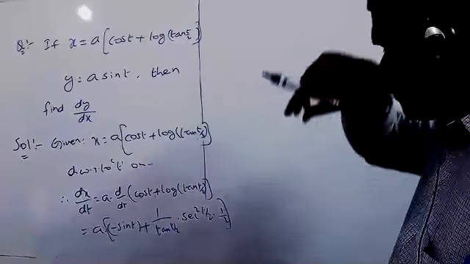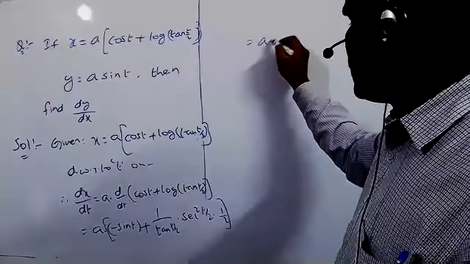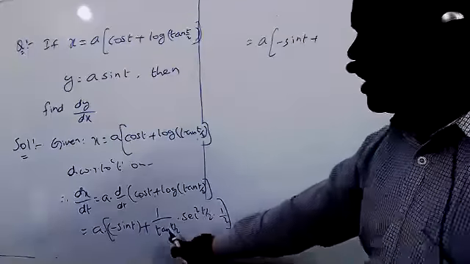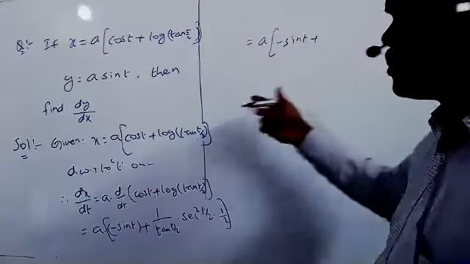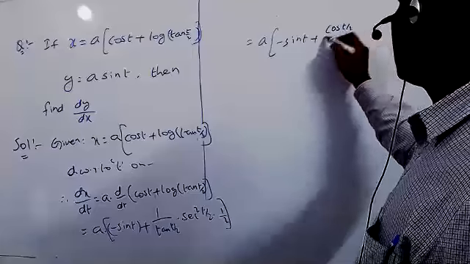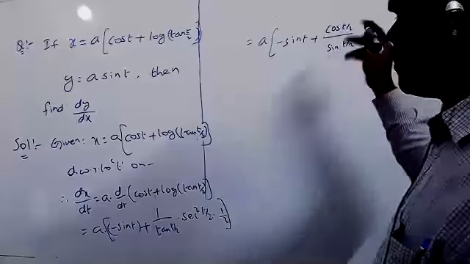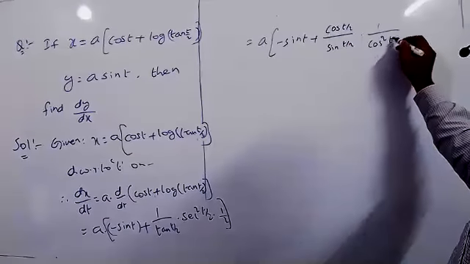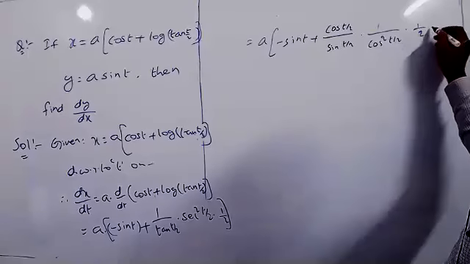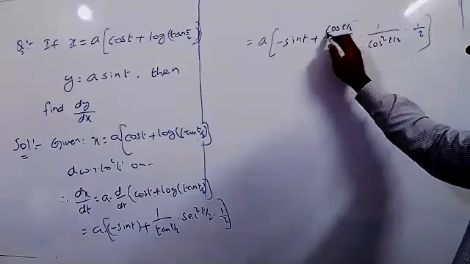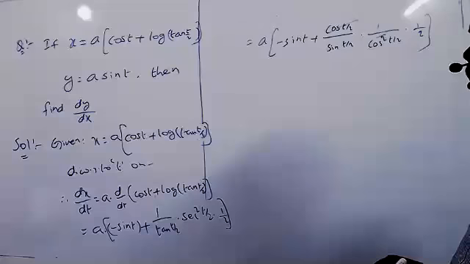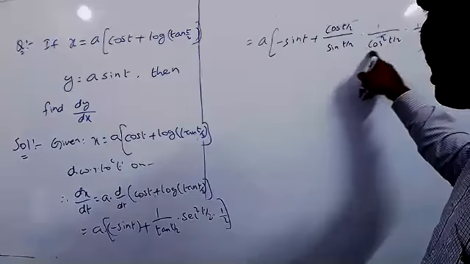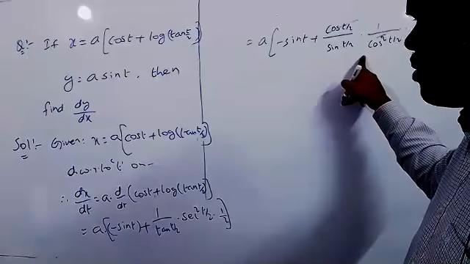First listen to me. Later I will give the time to you to copy that. So a into minus sin t plus, but tan theta equal to sin by cos, we do not take the reciprocal, it becomes cos t by 2 by sin t by 2 into secant square t by 2, which you can write now as 1 by cos square t by 2 into 1 by 2, and this 2 will be cancelled. So for the denominator, now we got this condition: 2 sin theta into cos theta.